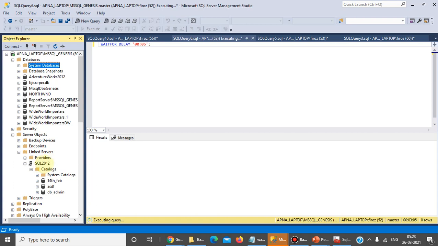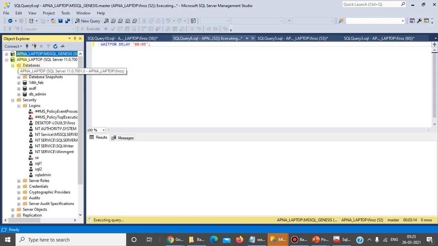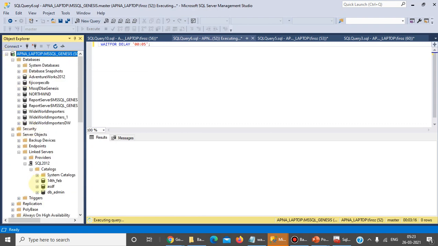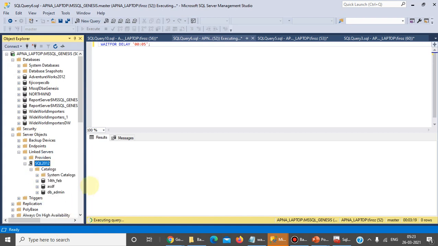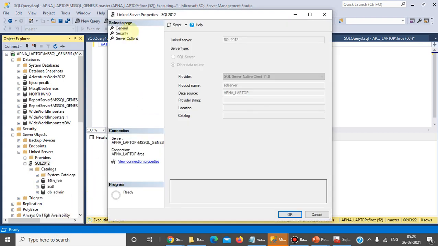This SQL 2012 is connecting with one of the instances present locally on my laptop. It's basically connecting to that local instance. For demo purposes, I had created that.